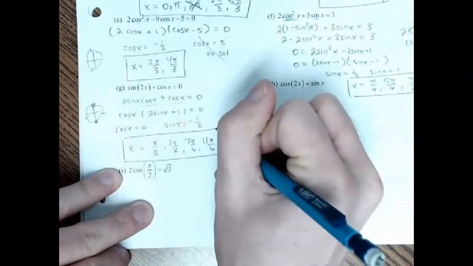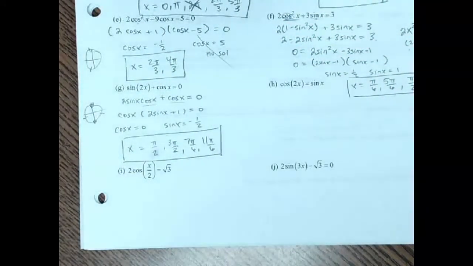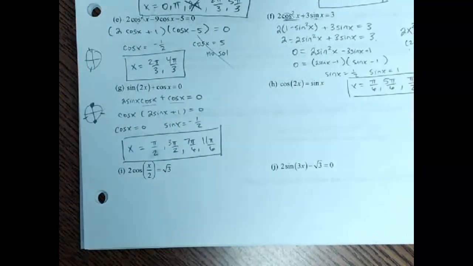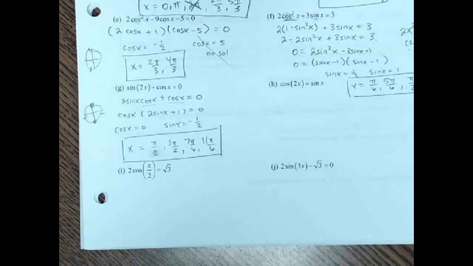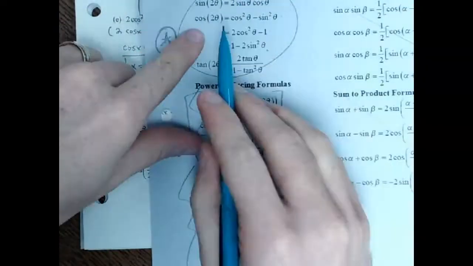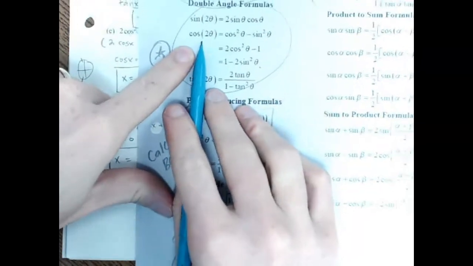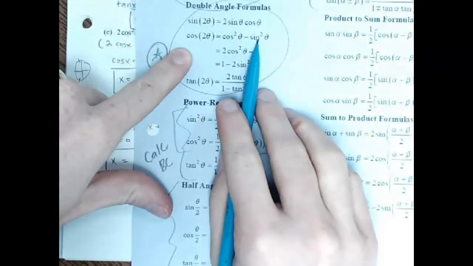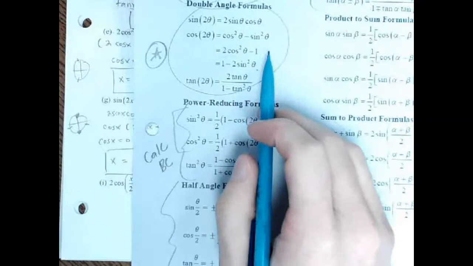It's not too bad. Alright, and then the next one, we've got a cosine with a double angle. Now remember, from this double angle, you really have the 3 options. You could change the cosine of 2 theta into cosine squared minus sine squared, but we know from doing the example